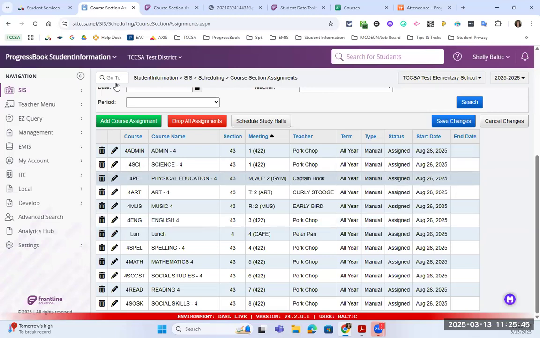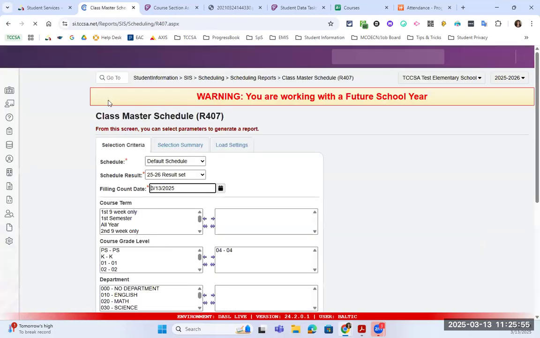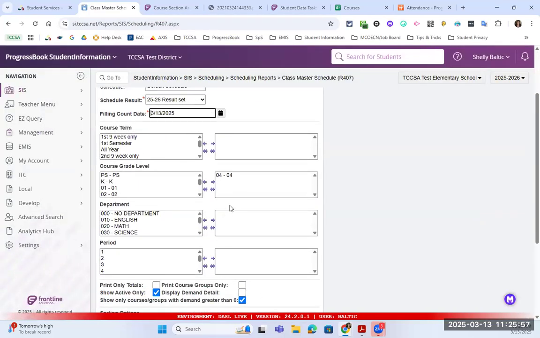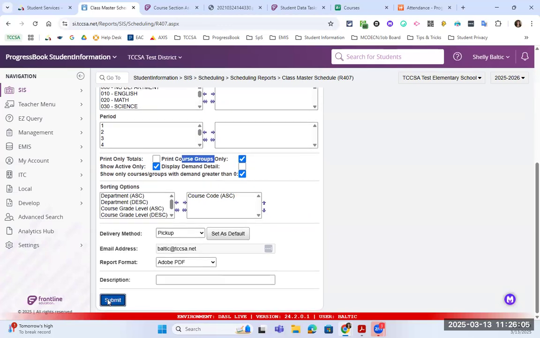Okay, so we already looked once at our 407. But now that we have assignments, let me put in our 407. So I'm looking at my 4th grade. Now I want to look at my course groups. So if I check that and click submit,